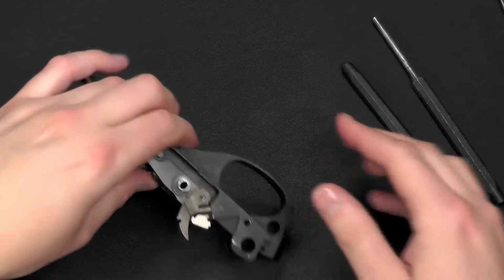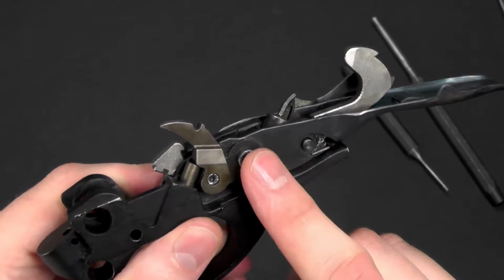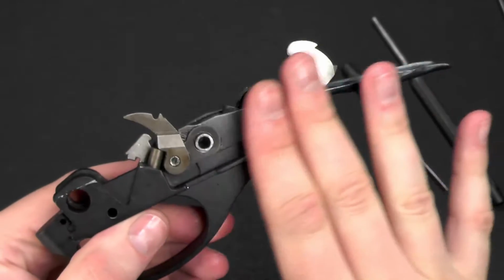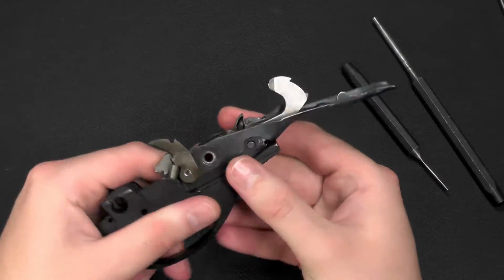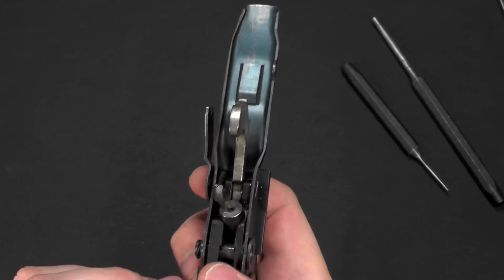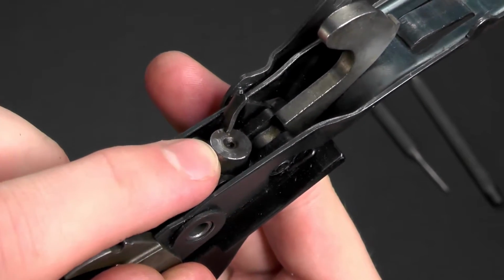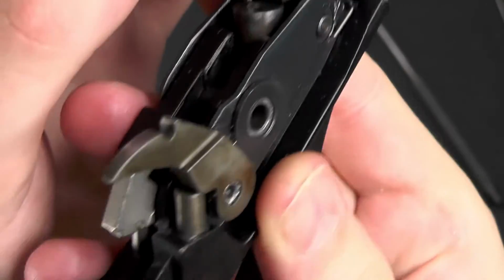And the part's bent. So now what we want to do is push this pin out to whatever side we did not remove the C-clip from. I usually work on this side. You should be able to get it started with your thumb or whatever tool you want to use. Now keep in mind here again, there is spring tension on this hammer plunger. That's actually what's giving, you can see here how it,